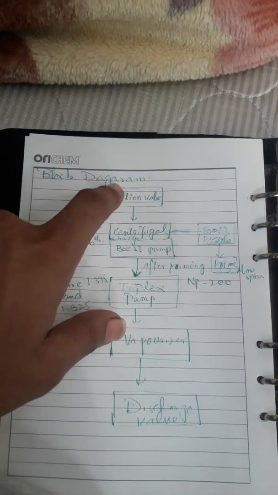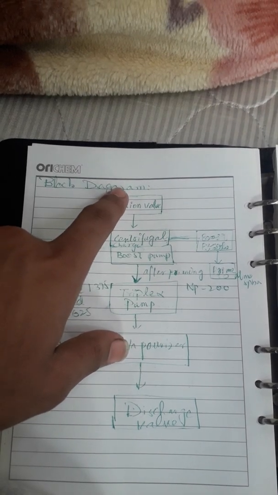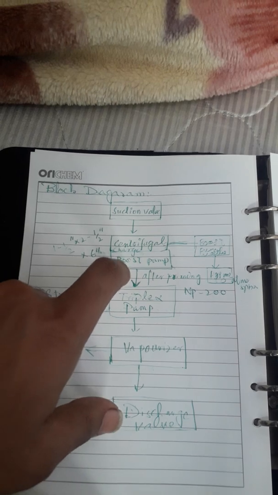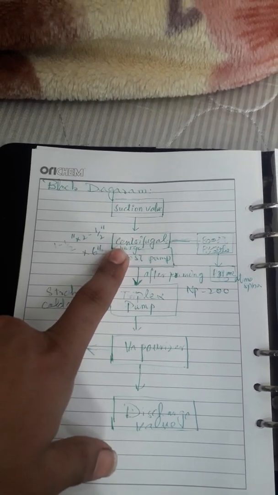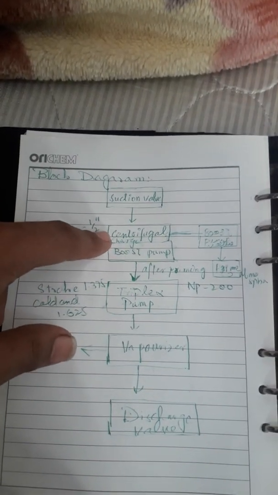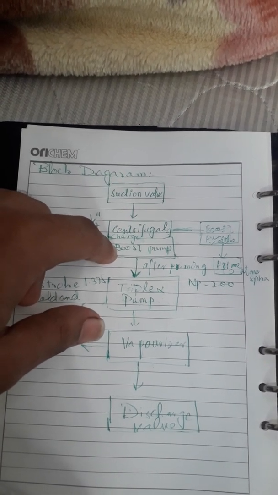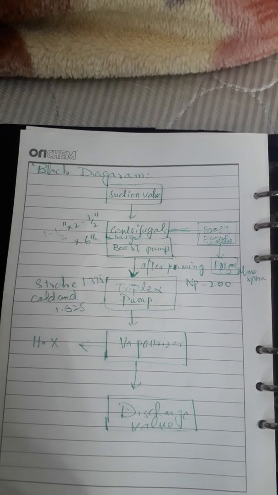The liquid nitrogen flows from the suction valve, because we have a pressure inside the tank and a pressure difference. The liquid nitrogen will move to the centrifugal charge boost pump, and we will spin this centrifugal charge boost pump not much more than 5 seconds, because this liquid nitrogen is very cold, and maybe it will create some problem in the impeller,